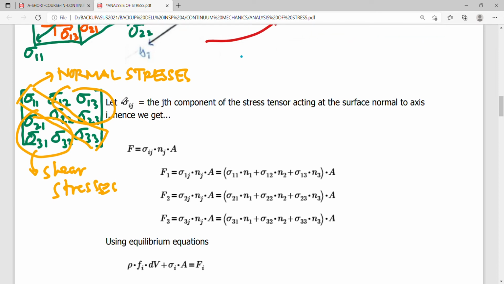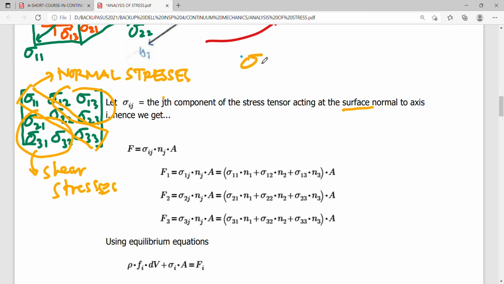Okay, so the i in sigma ij refers to the axis upon which the normal direction is perpendicular to, or the surface rather, upon which the normal direction is perpendicular to, while the j is the component of the stress tensor upon which the direction,